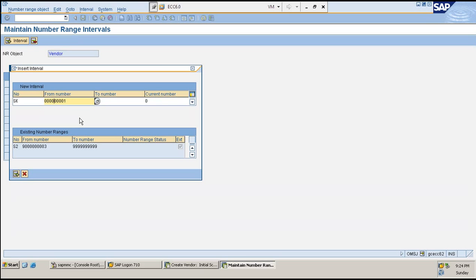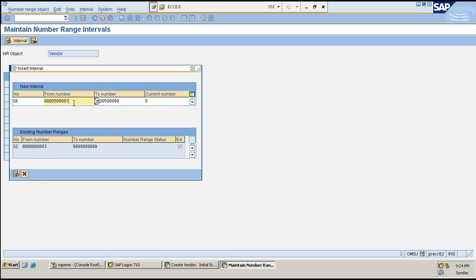Now I'm going to insert a number range 5 lakh 1, and I'll not include too many numbers here. I'll just give 99 numbers, which is still fine with me. I am okay with 99 vendors. Click on save. What would happen?